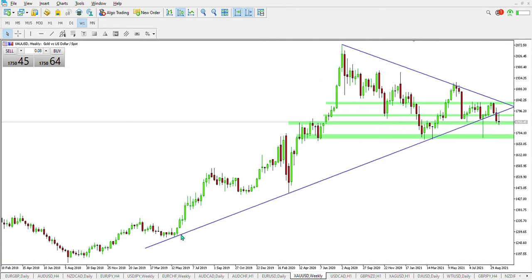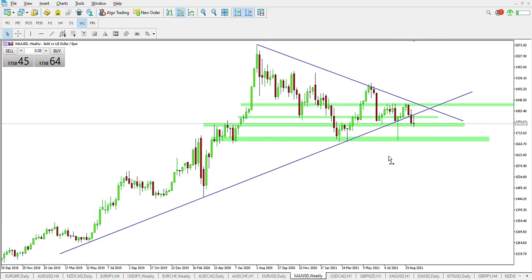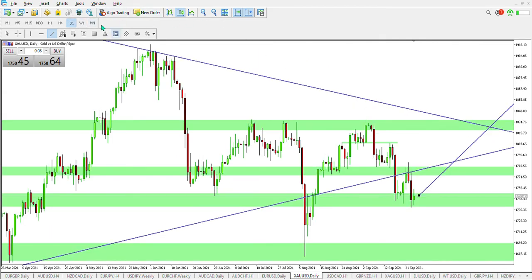Also, we see that we broke an uptrend, so the down move is very possible. So what about the up move? To see a nice bullish rally, we have to first break all these resistances to see something stronger to the upside. And this is also very possible, guys, but first let's go to the daily chart